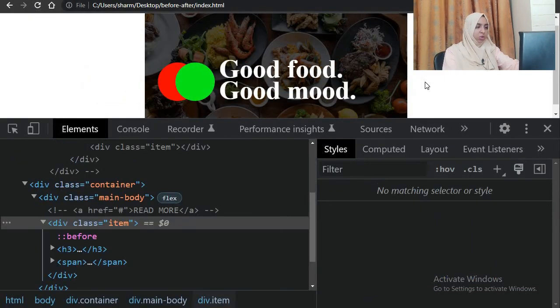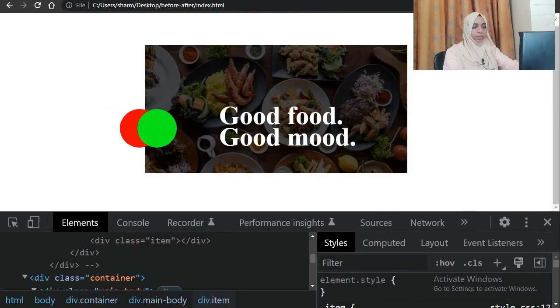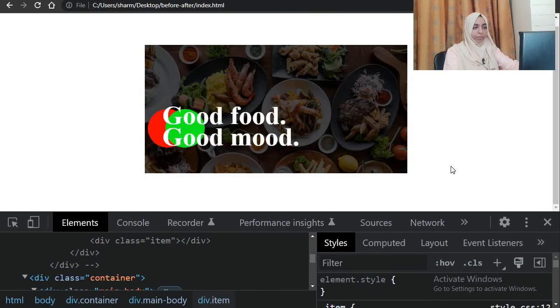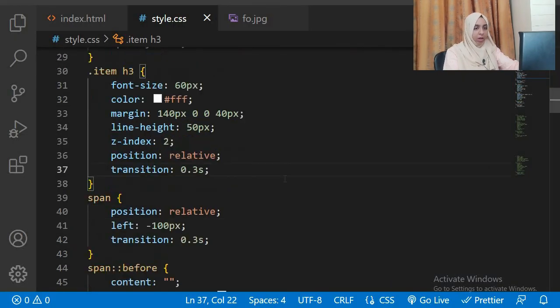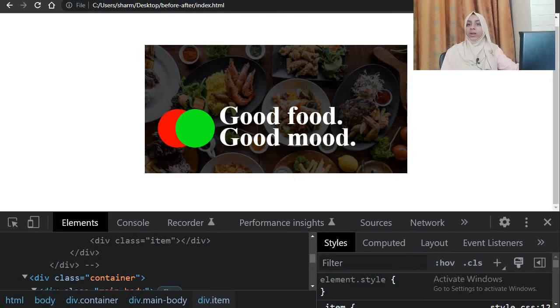So we refresh over here, and something is still not working well, so we refresh again. Okay, it is still jumping, right? So what we need to see is, why is that happening? Now that is happening because you have just given it a value of left 130 pixels to the H3. It does not have an initial value.